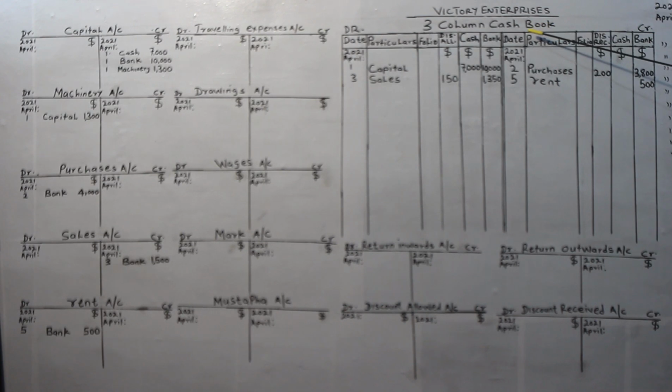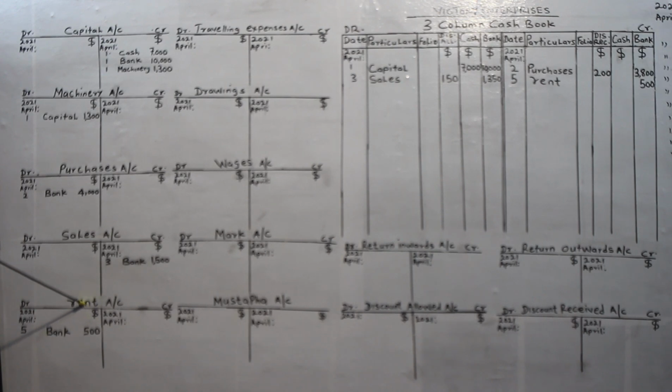So we credit the cash book or the cashier for giving out $500 through the bank for rent on April 5th, 2021. So we debit the rent account for receiving $500 from the bank column of the cash book on April 5th,